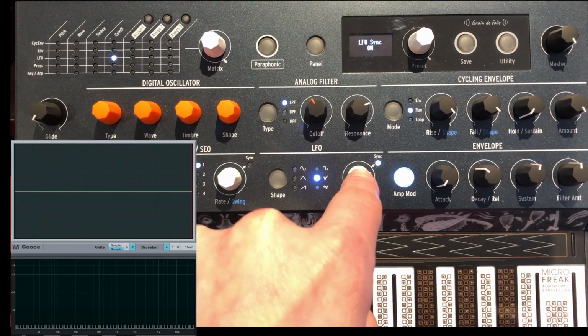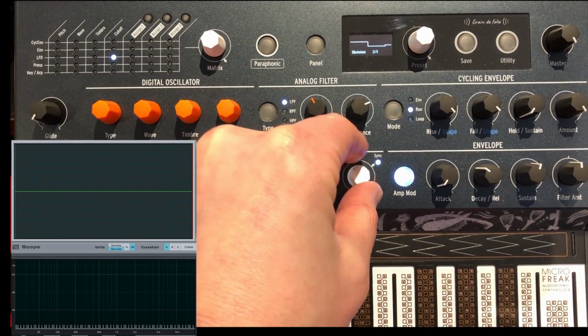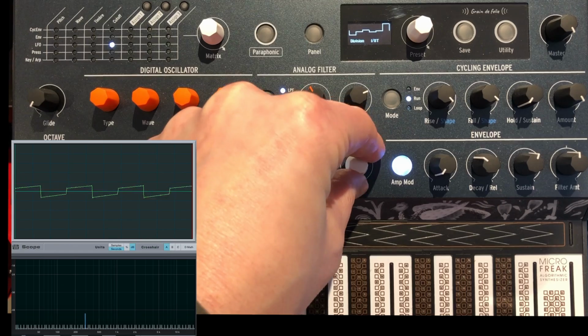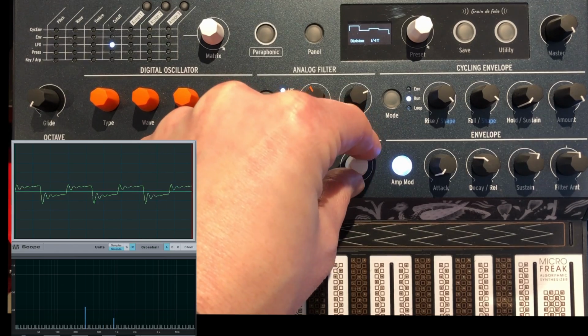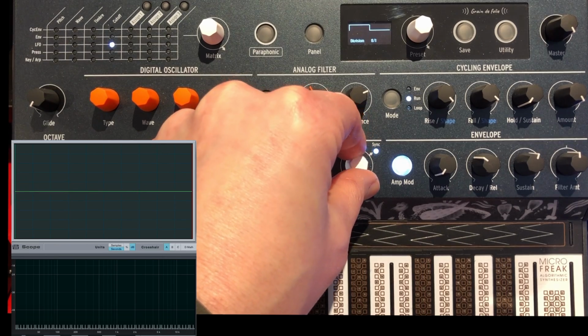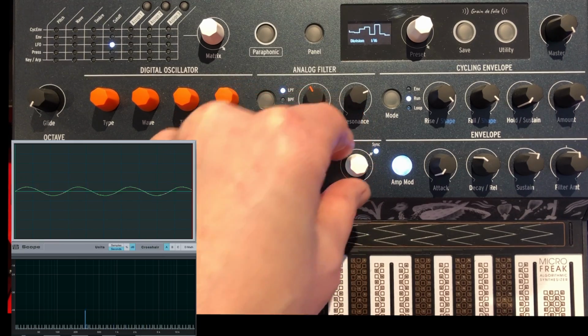So you press sync here, you press on it, now it's sync on. Now if I change this, now it's in musical value. 1/16 of a note, 1/8 of a note, 1/4 of a note, half a note, and a whole note, and then 2 note, 8 note. So let's say you want it on tempo on